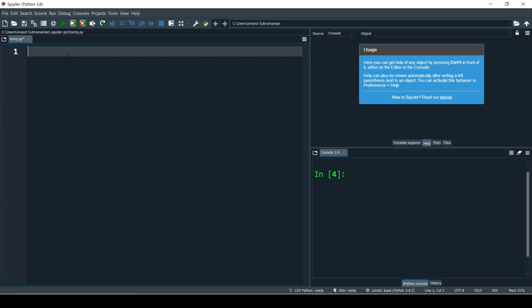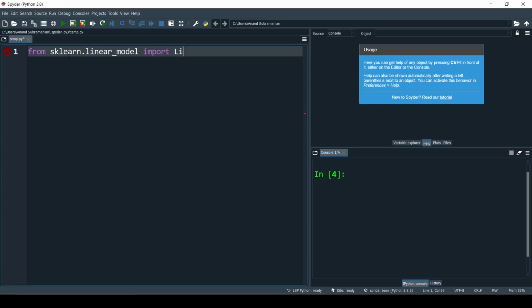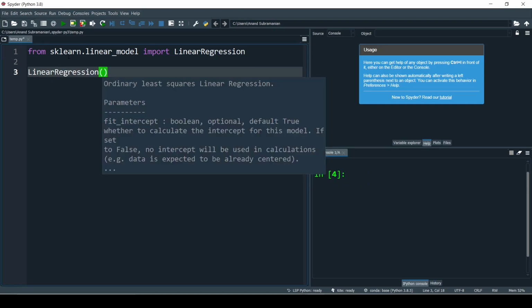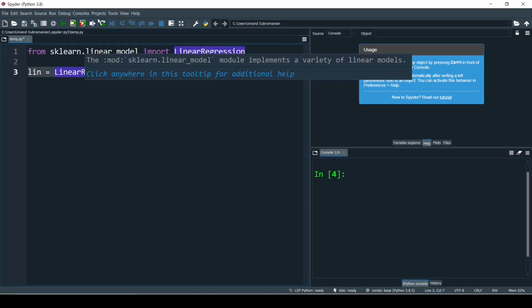To call a package or a library in Python, we type like this: from sklearn.linear_model import LinearRegression. Since this is the class that we want to call from sklearn, we click enter, and we can use this LinearRegression, and then let's save it in a particular variable.